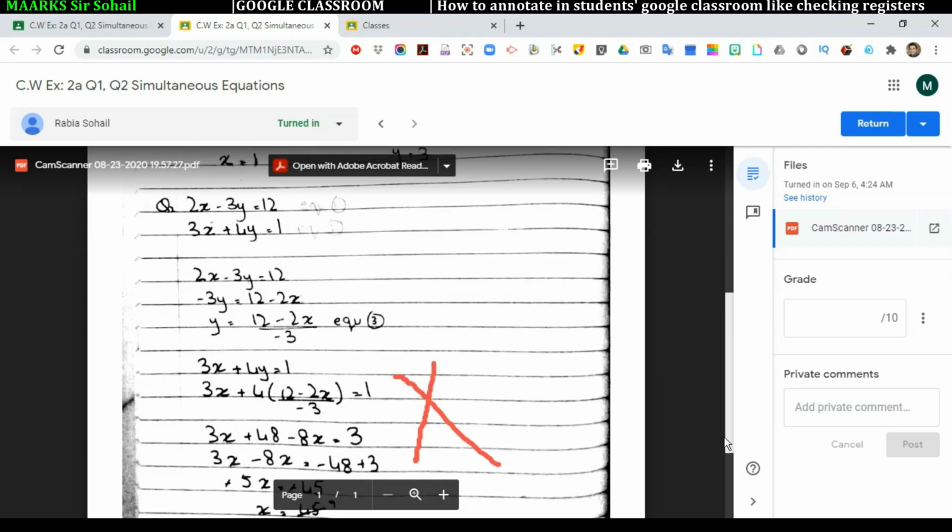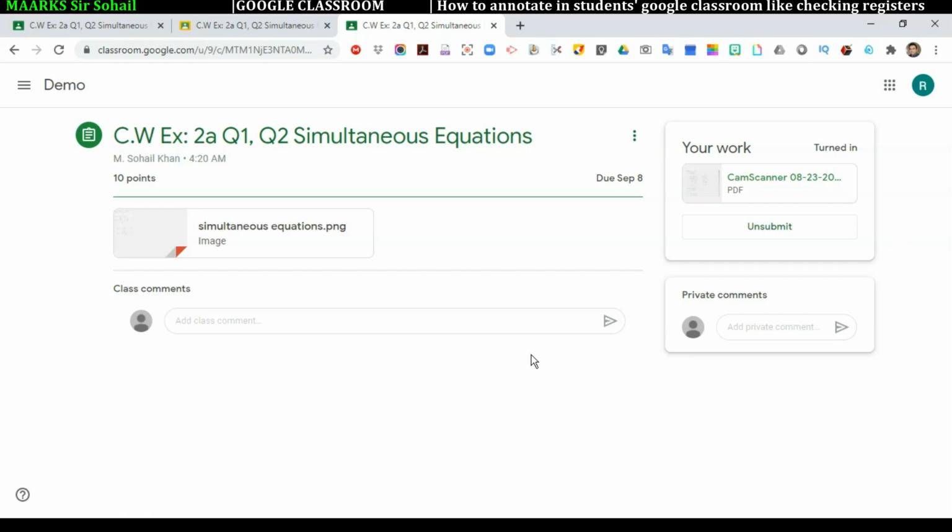So the work is checked. I didn't give any marks to that particular student, but as soon as I put a tick or cross or whatever things I do on this student's work, the student can also see this. So this is how you can mark the work of any student.